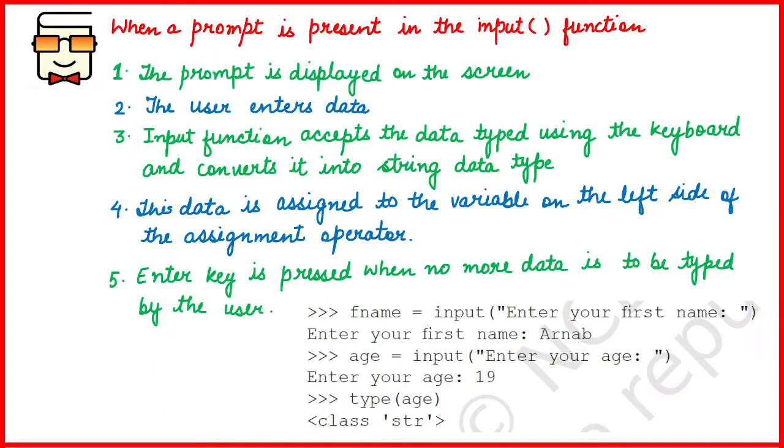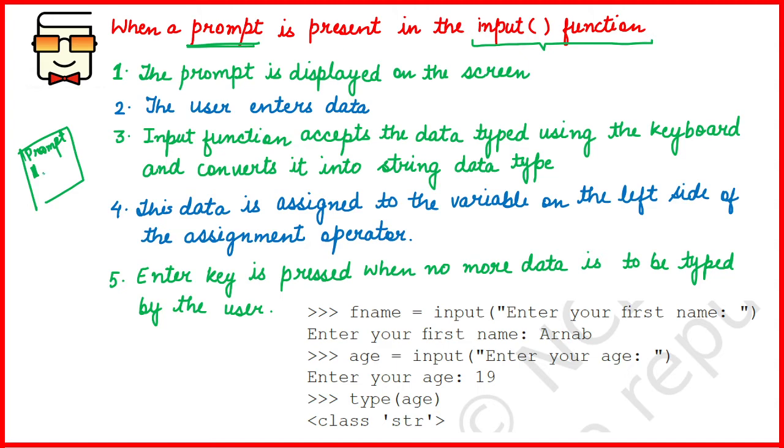Okay, now quickly I'll go through what actually happens whenever you write an input function in your program. So if the input function contains a prompt statement, then firstly that prompt statement would be displayed on the screen. Okay, now if the prompt statement has been displayed, after the prompt statement you'll see a cursor. The cursor basically shows a thin line blinking, or a kind of underscore that continuously blinks, and it expects the user to enter some data.